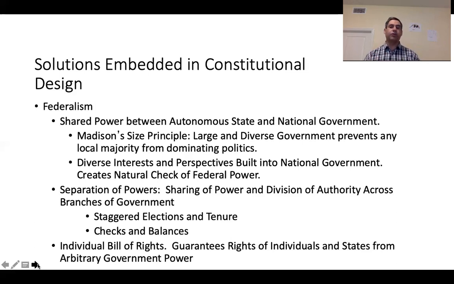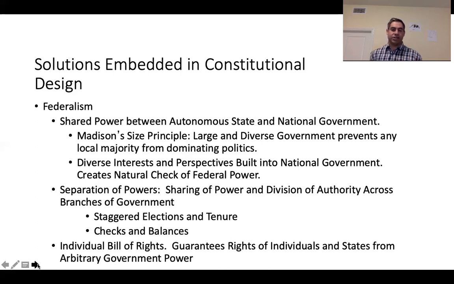It's going to make it hard to unify the branches and hard for a tyranny of either the majority or minority to emerge. The second thing that the founders do in their wisdom, and Professor Goggin covers this in the last lecture video, is the separation of powers within this new federal government. They're going to divide power across the branches, divide it between the presidency, the executive branch, the legislative branch, and the judiciary. And they're going to make it hard for any single group, again, to dominate politics, to dominate power through their institution. In order to get decisions made, you have to have